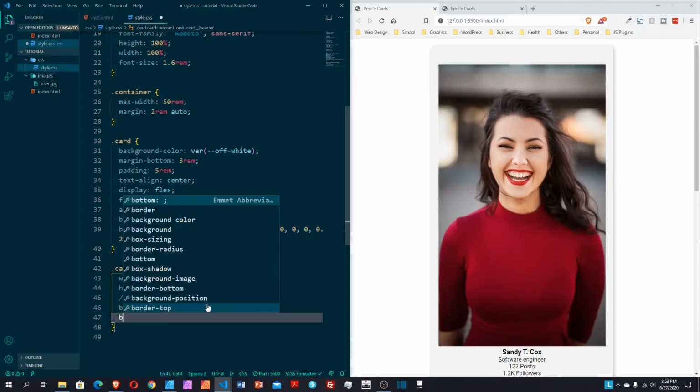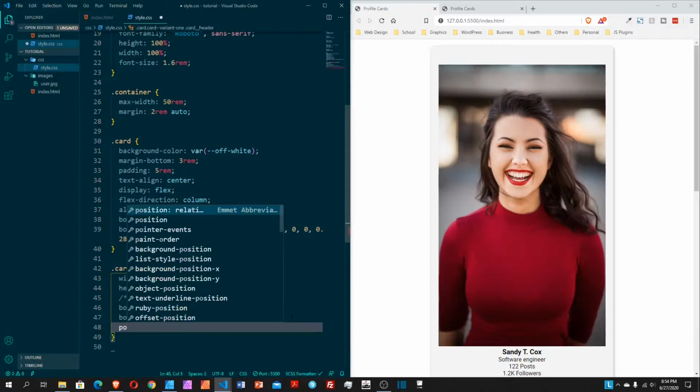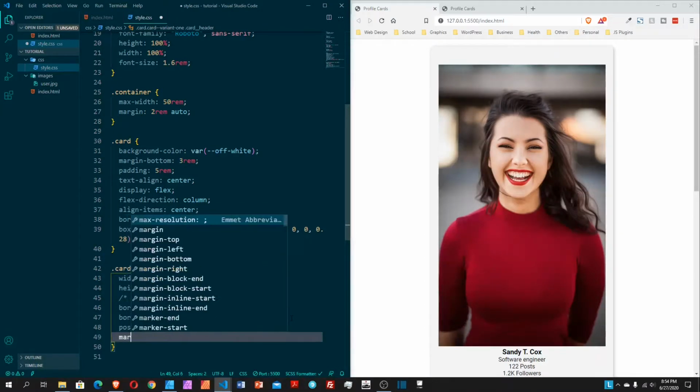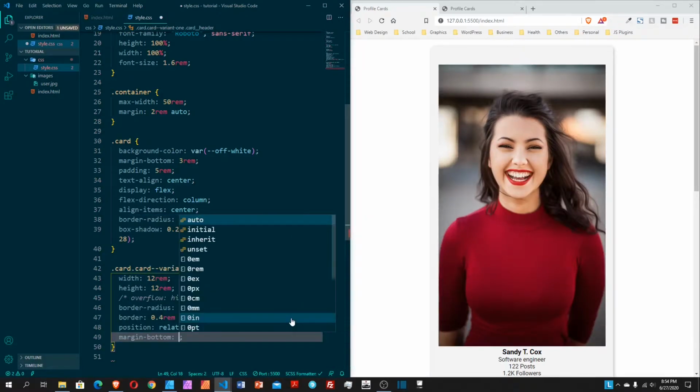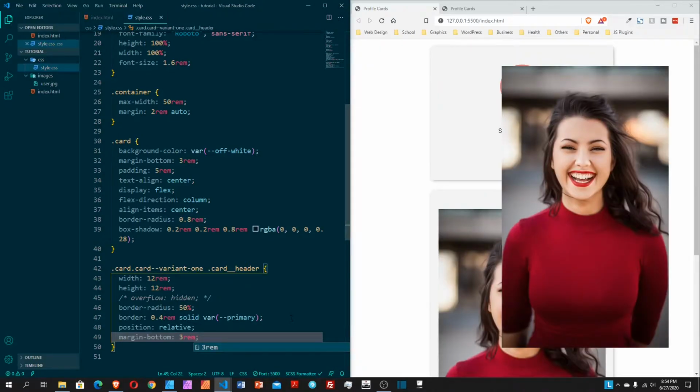Now I say border, give it a border of 0.4 rem, solid, and we use our primary color. So we're looking for the primary. I will set position to be relative. I will give it a margin bottom of 3 rem. I save it. As you can see, this is the